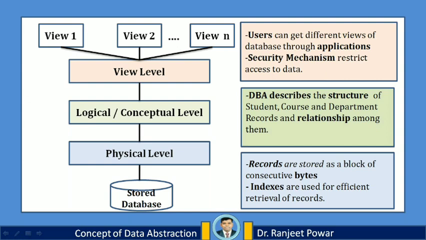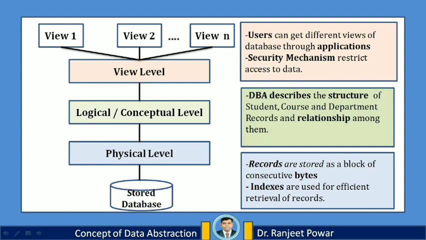Finally, at the view level, computer users see the set of application programs that hide details of data types. Take an example. When we search anything on Google, it displays various pages having the data or information that is called views of a data. But at this level, we as a user don't know how the data is stored, in which format it is stored, and where it is stored. However, we can view the information as per our requirement.